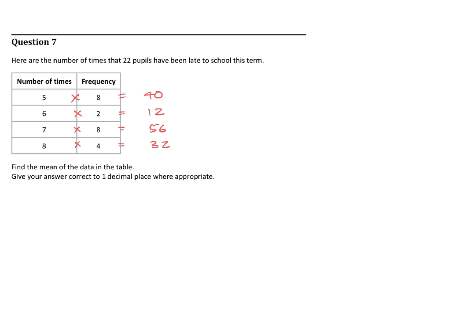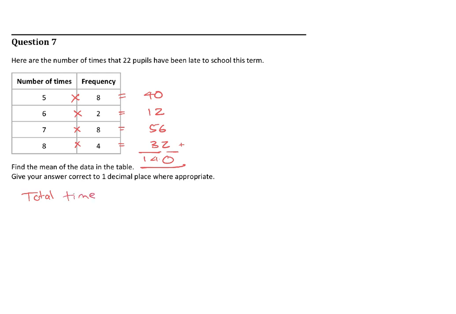And that gives me the totals for each of these groups of children. Then I need to total that up. So I'm going to add all of these up. I'm going to do 40 plus 12 plus 56 plus 32, which I think comes out to be 140. So 140 is the total